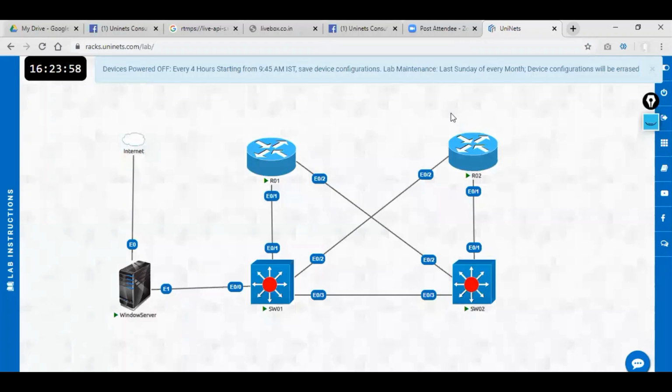Once you click over this, you will have some kind of topologies. Either you want to open Python, ASM, LGM, because this institute is providing a lot of other courses also. You can scroll down through that and check, because you will have access to this lab. So you can log in over here. Now to log in to the Windows server, you need to double click over here. A separate window will open, and you will be able to log in to the Windows server. Just allow me a minute, let it open, and let me show you how it works.